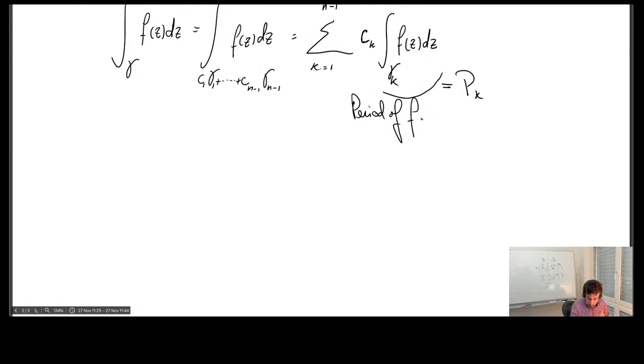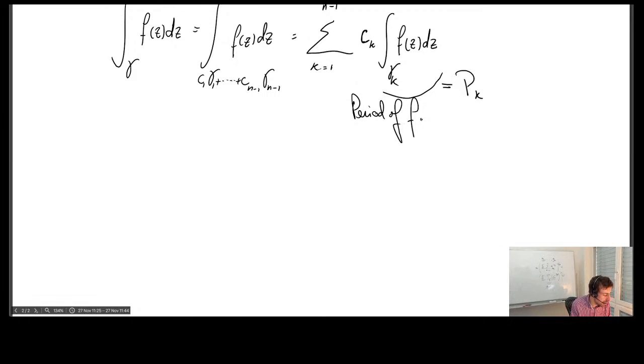And so now, because of this, what we can do is just investigate what these periods are, and this will allow us to compute integrals of functions over curves in domains that are not simply connected. And in particular, it will allow us to compute integrals of functions over curves where the function might have a singularity inside the curve, right? All we have to understand is these periods. And it turns out that the period is basically what we'll call a residue. And this will give us the so-called calculus of residues, which is extremely useful to compute integrals.